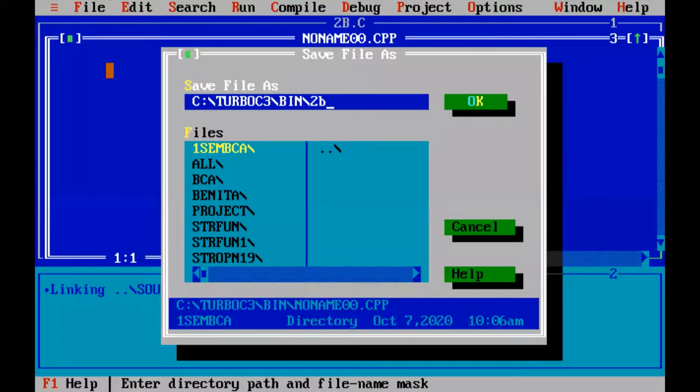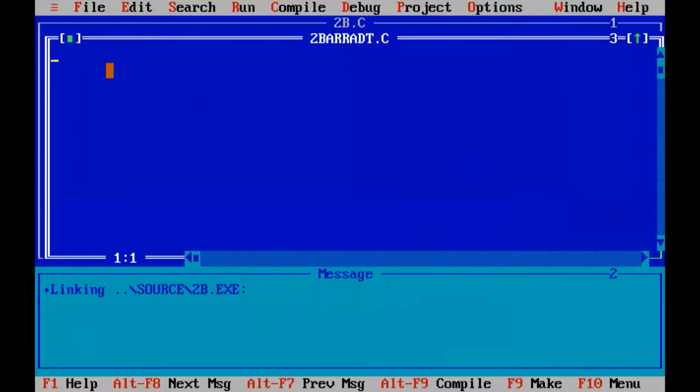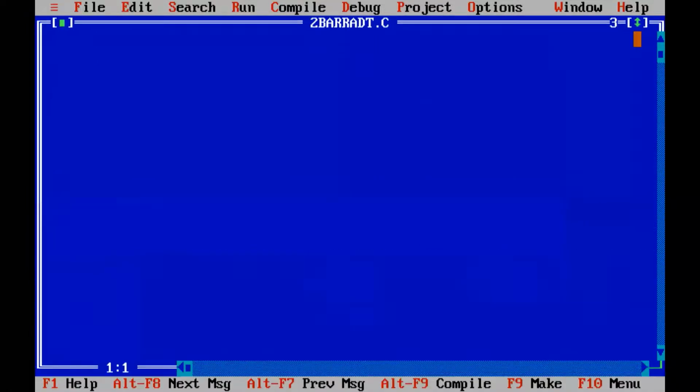So this is array as an ADT. I'm just giving a 2B array ADT. So the first line will be #include <stdio.h>.